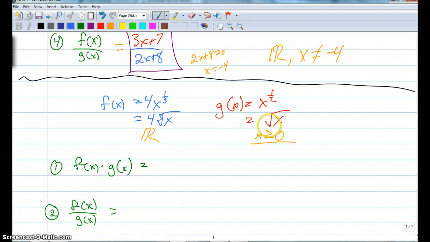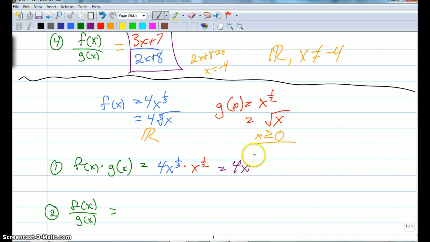Cube root times square root. Since they're different roots, I can't go and combine them. So I'm going to use the exponent form so I can use the exponent rules. Here I got 4x to the 1/3 times x to the 1/2. And now that I have the same base, I can add the exponents together, and we're going to get